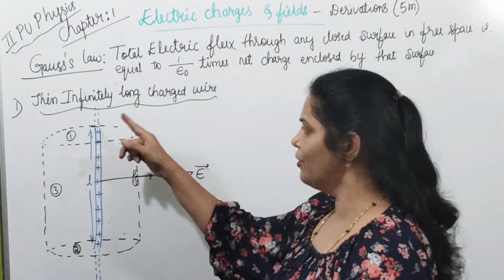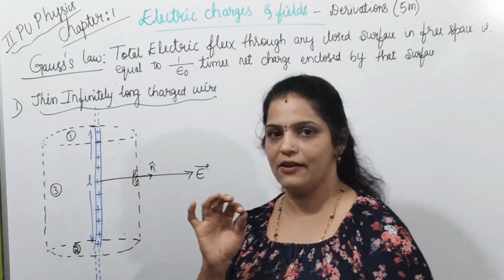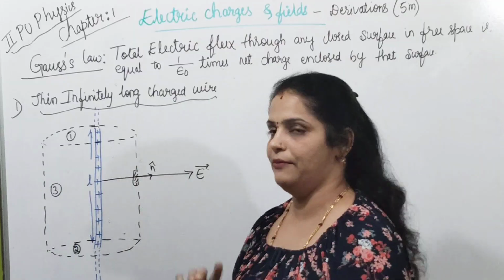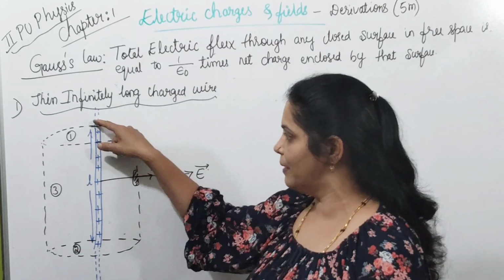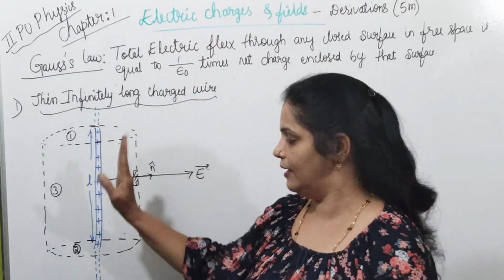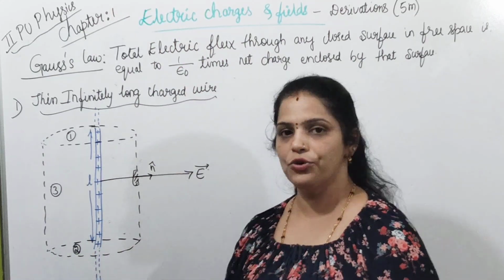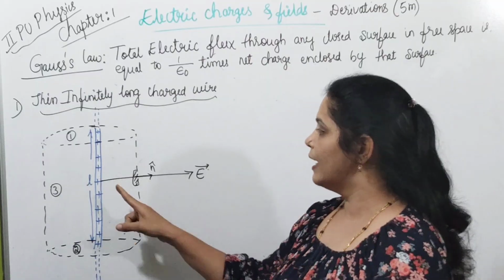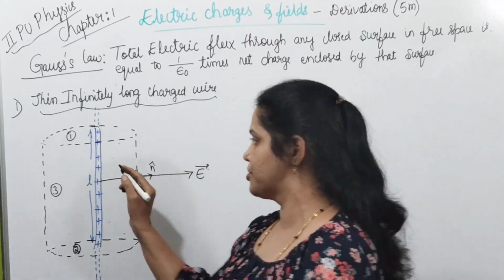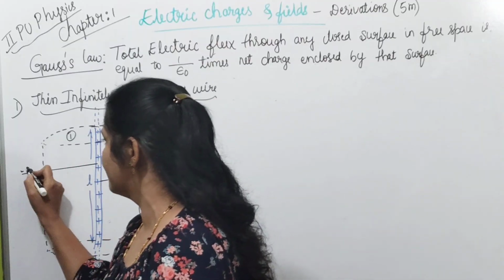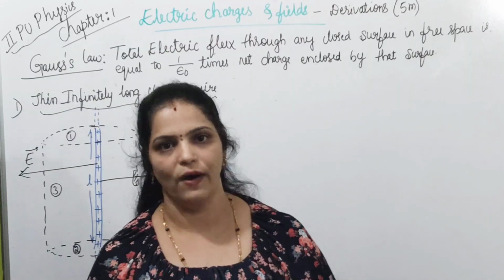Now let us consider a wire. See here, the solid line indicates a finite size, having length L. The finite length of the wire is L. And where I put dots, it extends up to infinity, so the length of the wire extends to infinity, shown by the dotted lines. The electric field due to this wire acts away from it, on either side of the wire.